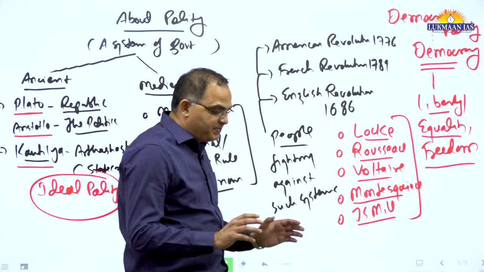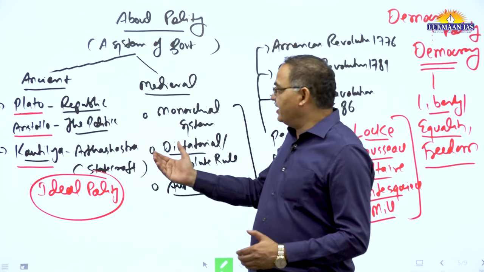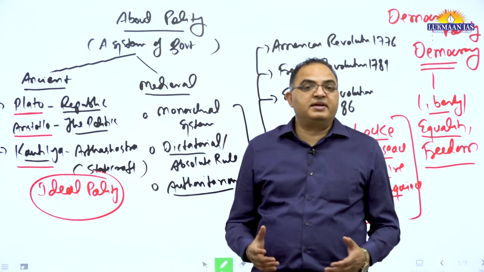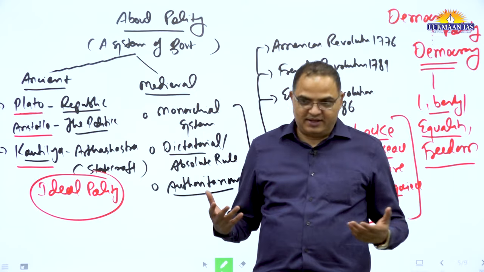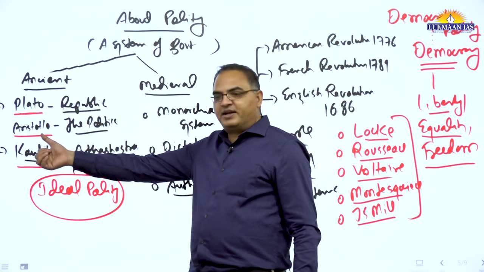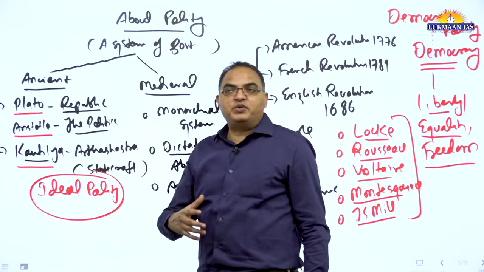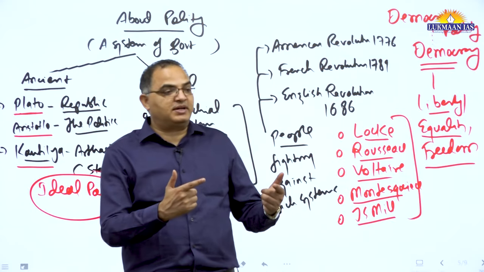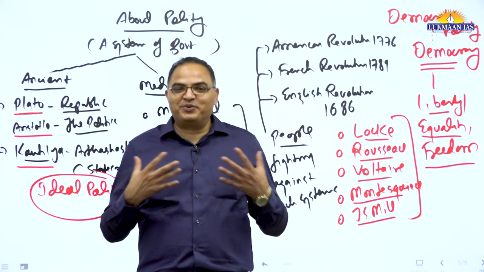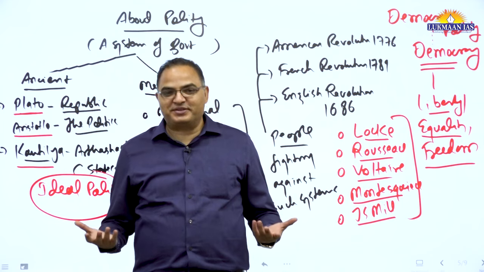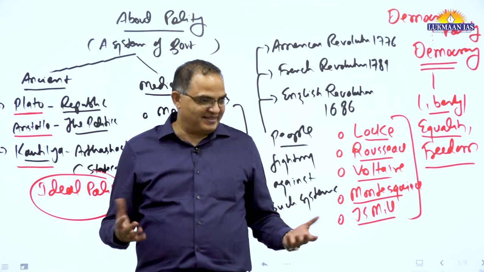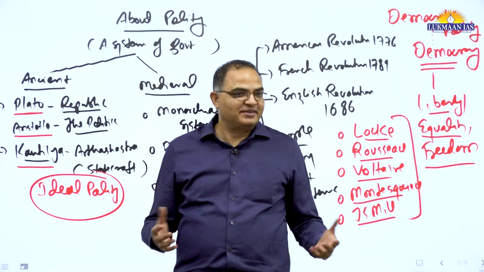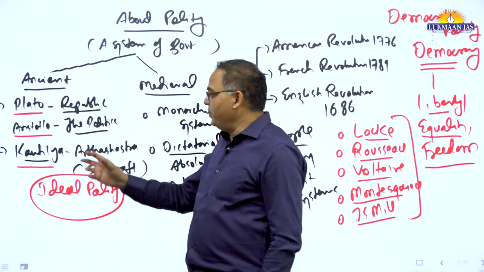So, democratic aspiration is based on what was told in ancient times. They have told that human is a political animal. Human is a social animal. Who told? Aristotle. That time he told, no, human is a political animal. So when you are a political animal, you will have political aspirations, not necessarily to contest election, but you want your freedom. You want your choice. You want your rights. This is how a political animal is. And social, you want to live in a society. A social animal. Very way back it was told.